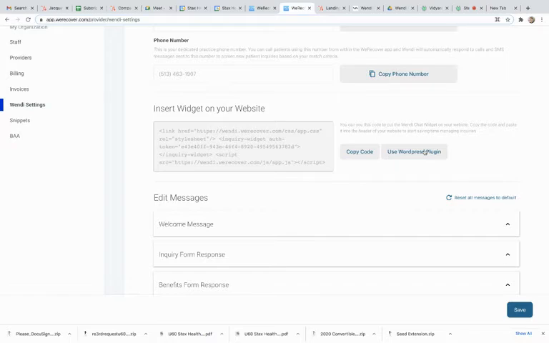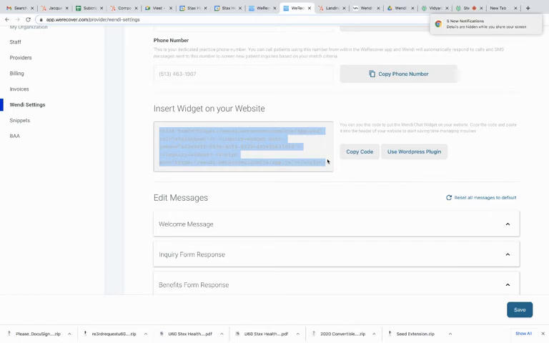If you do not have WordPress, then you will use this piece of code and you will just install it on your site in accordance with the instructions we have provided. So go to Wendi settings, grab this code, take a look at the installation guide in the folder below, and